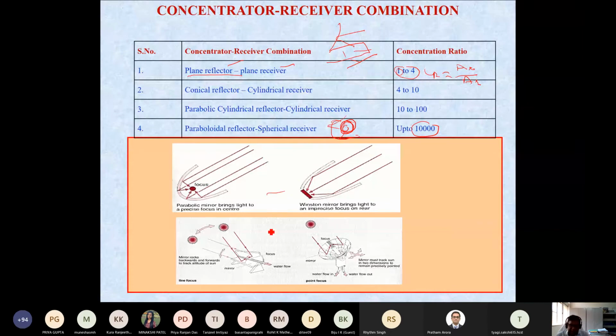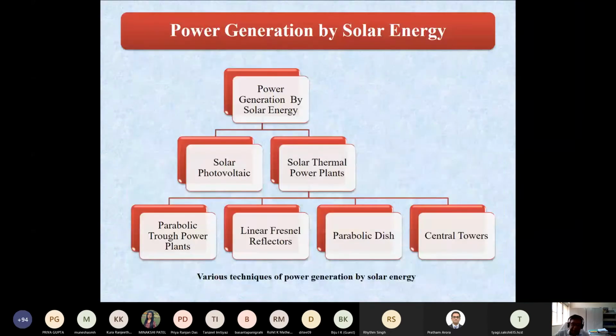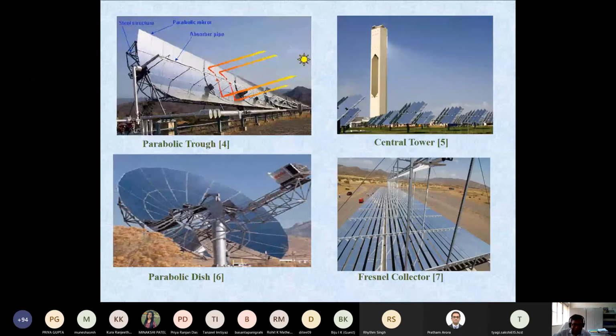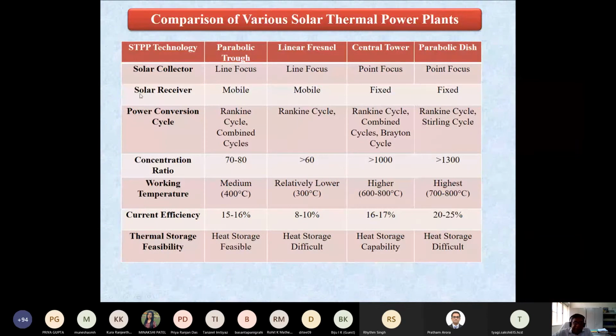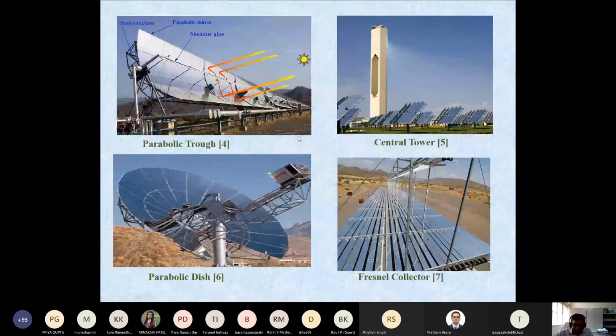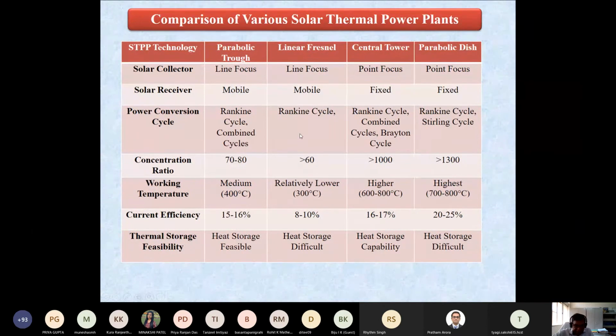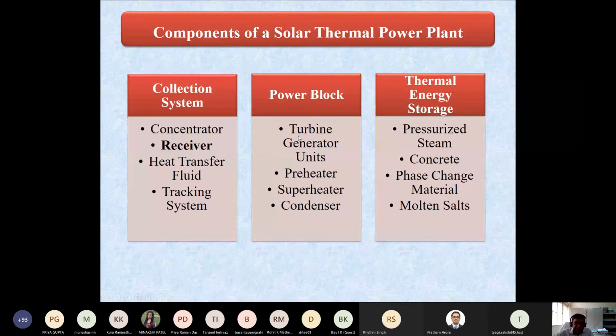So these are the basic things, and based on that we have different types. I think I just show here, this is the parabolic, this is a Fresnel type, and all these depending upon the concentration ratio and requirement. I am providing the notes for this, so you can read that and compare which has the disadvantage, advantage, and the characteristics or the comparison of various solar collectors. I won't read this because otherwise I'll miss the other part. I'll share this with you. So now